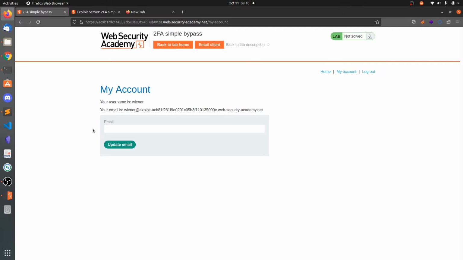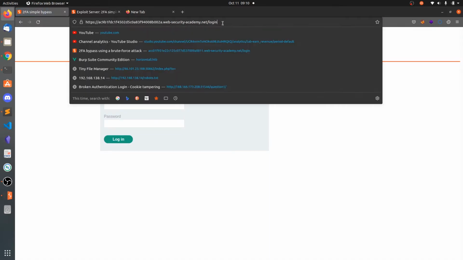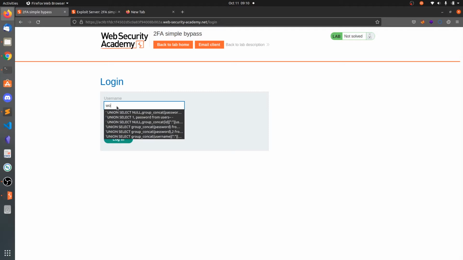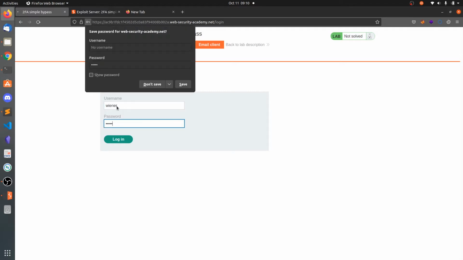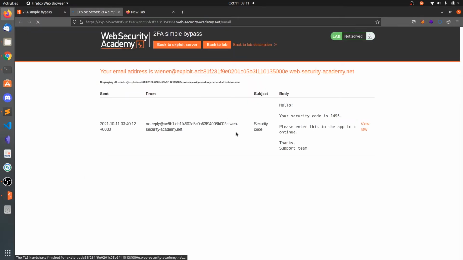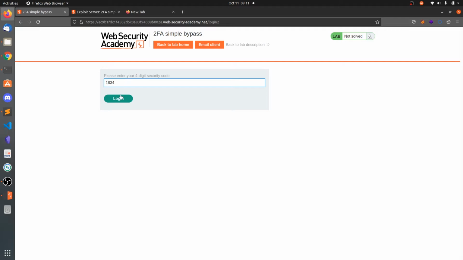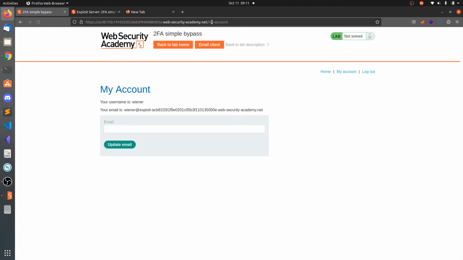So here the simple bypass is after getting logged in, you will see the click on my account. So click on logout, click on my account, and this is the login page, right? So if you type Wiener Peter, the OTP is actually verifying in another page, that is login2. Now if I just let's refresh this, 1934. So after verification of this OTP, we are getting redirected to /my-account.